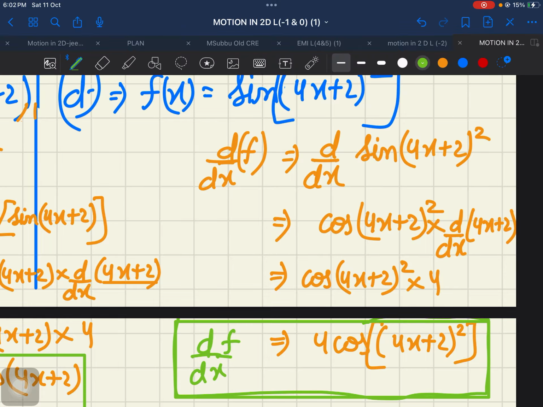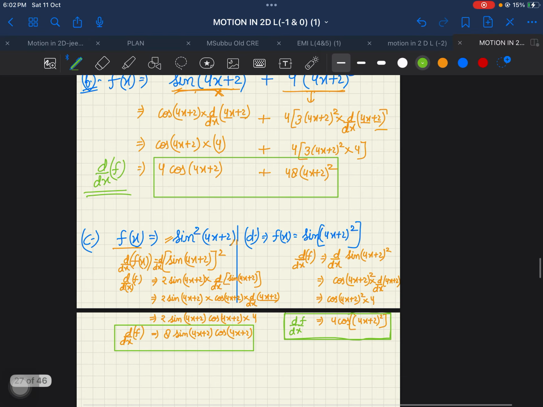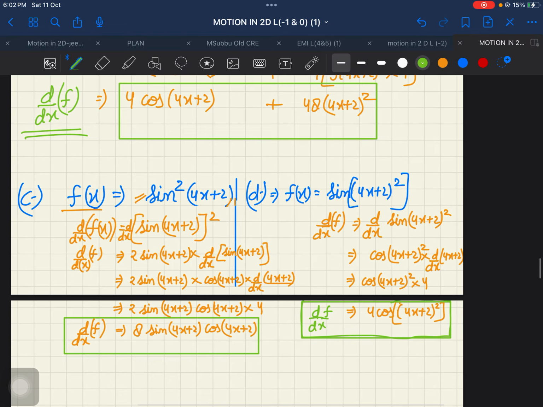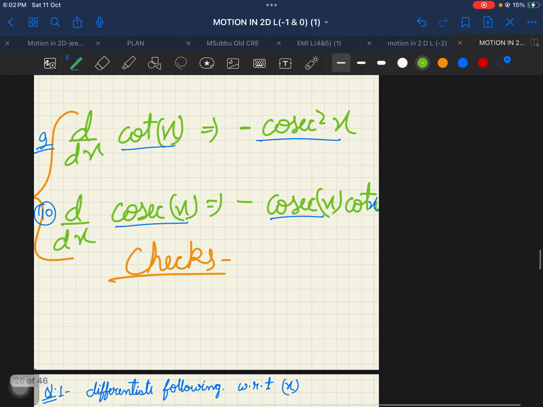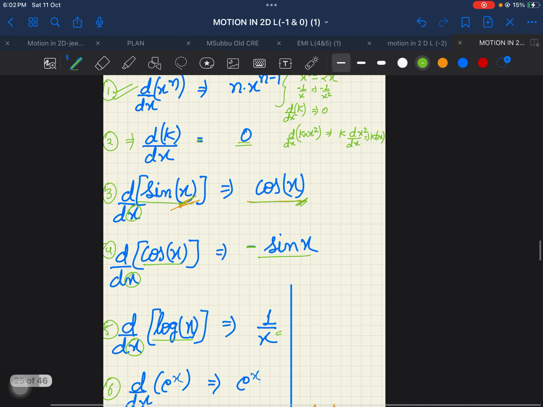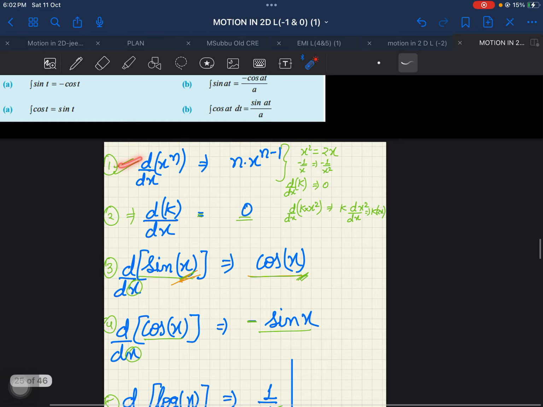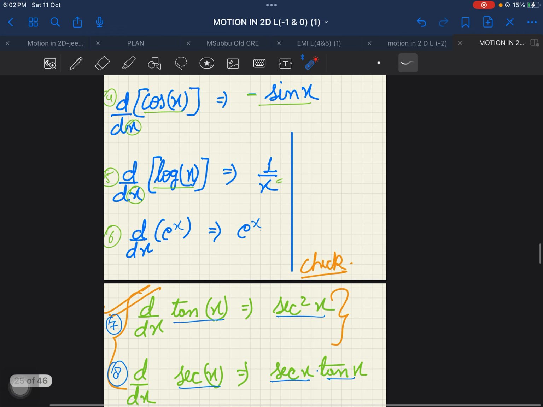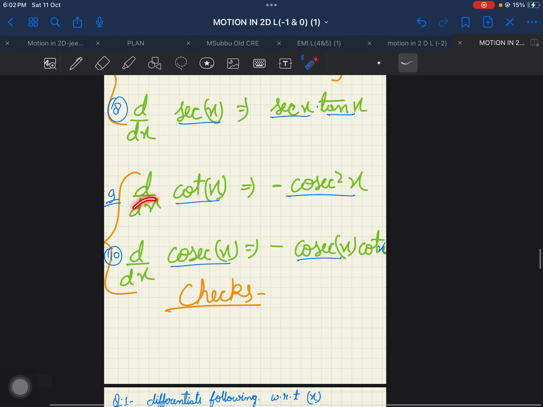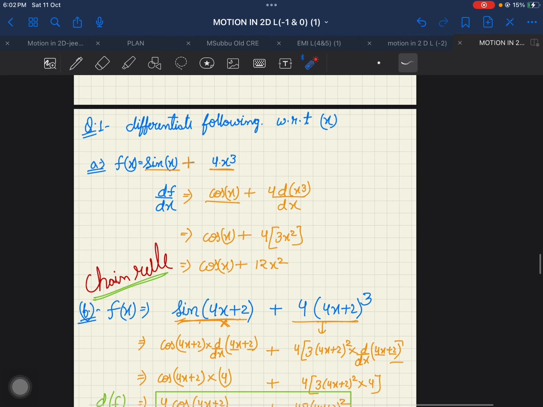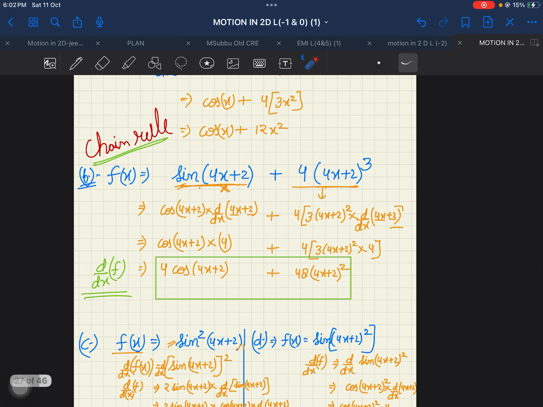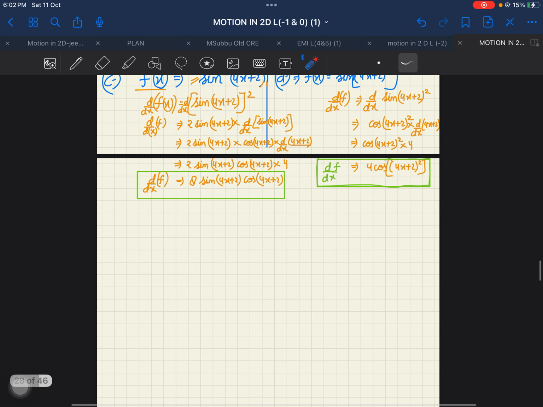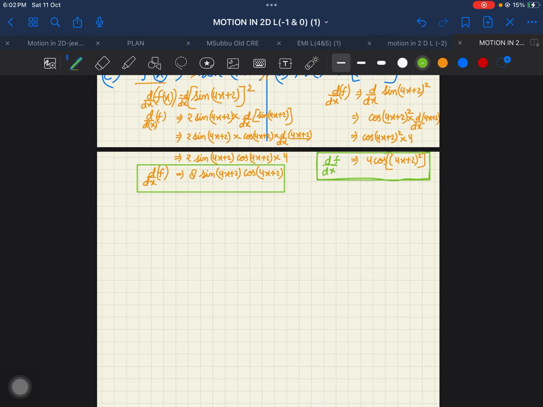Okay, good. Now let's move towards two more formulas of differentiation. Till now we have seen the basic formulas of differentiation, and using these formulas we have differentiated simple functions, and we have seen the chain rule. Now I will tell you two more rules of differentiation. The second rule is